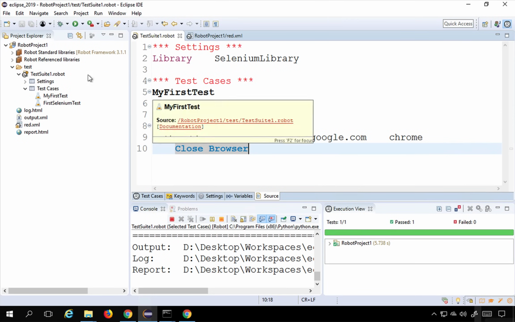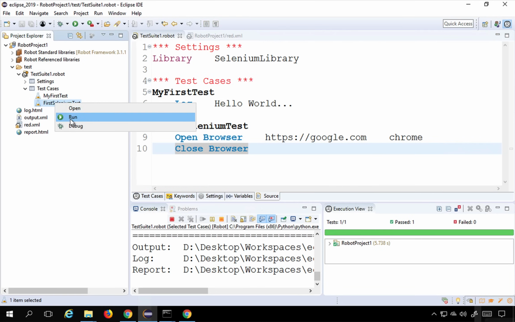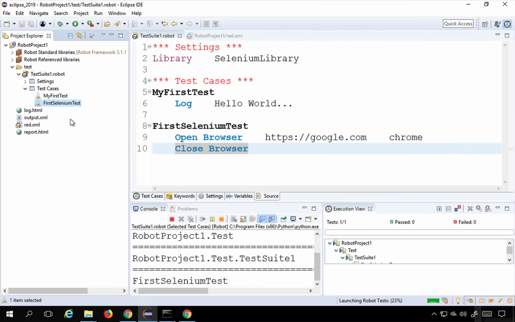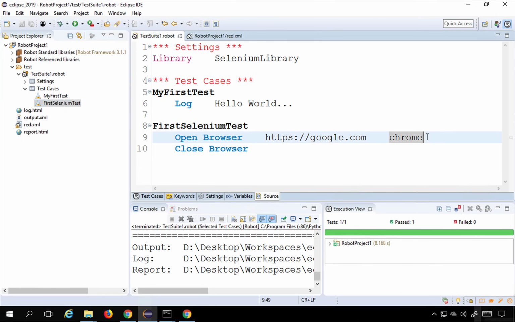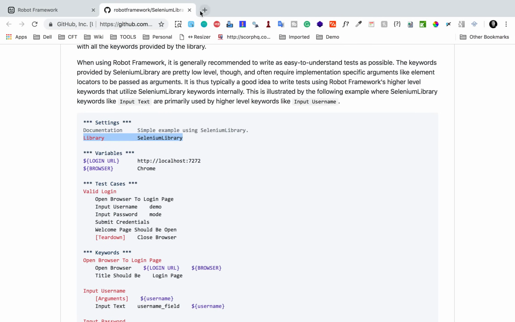So I will again run this, and it should open the Chrome browser. Yes, goes to google.com and closes it. Now as of now we are just opening the browser and closing it, going to a URL and then closing it. If I want to interact, so for example, if I go to google.com